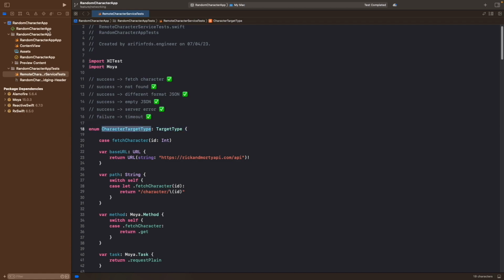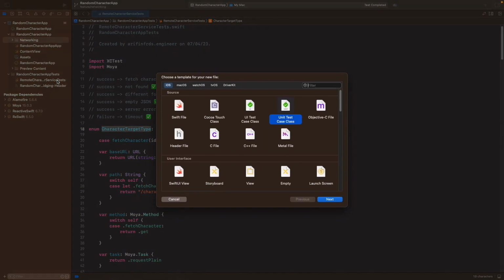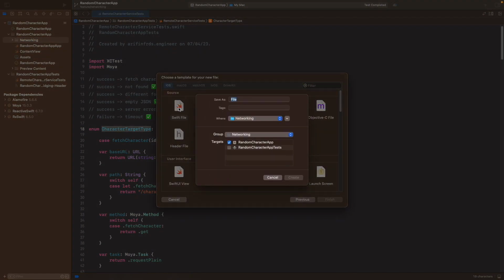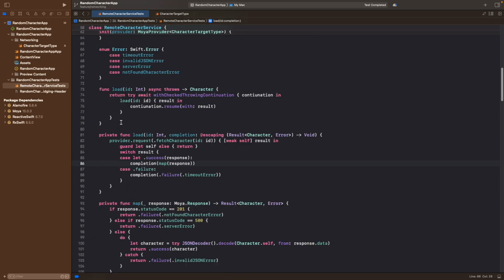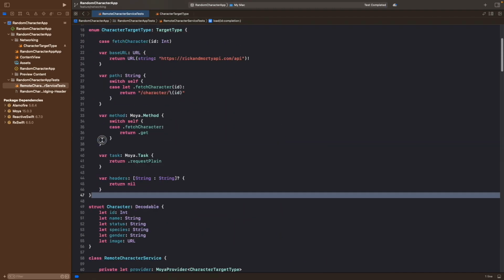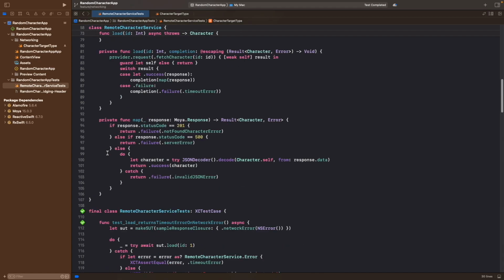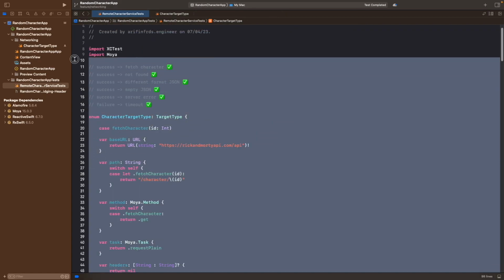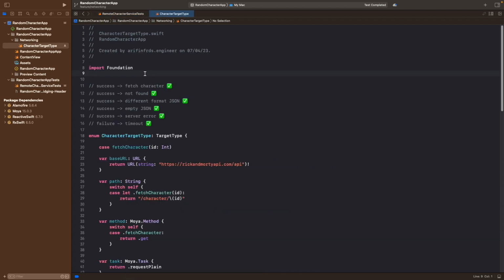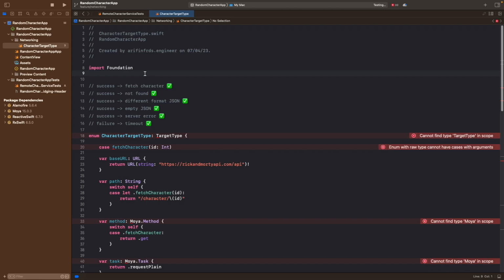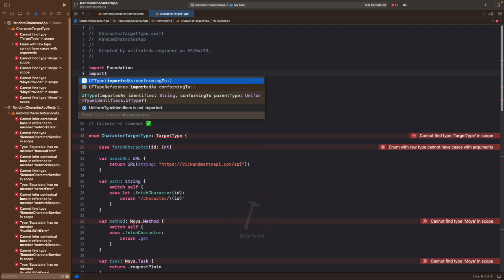Right, so the character target type is gonna be on its own group. For example, the networking, we can move that into a character target type. Oops, I need to copy the character target type, and why don't we just move everything to a single file and then start to gradually move to separate files. So let's hit Command U, and of course we need to import Moya over here,